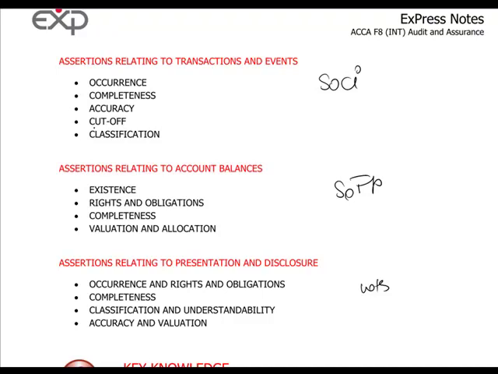Cutoff, only revenues and expenses are recognized in the statement of comprehensive income that belong to the current accounting period, not the future ones. And classification, we do not mix the different categories, so there are no admin expenses charged to cost of sales and the other way around. These are figures that we assume as users of financial statements are true in the statement of comprehensive income, and these are the ones that are backed up by the evidence of the auditor, and they are true. Based on this, we can say that the financial statements do provide a true and fair view.